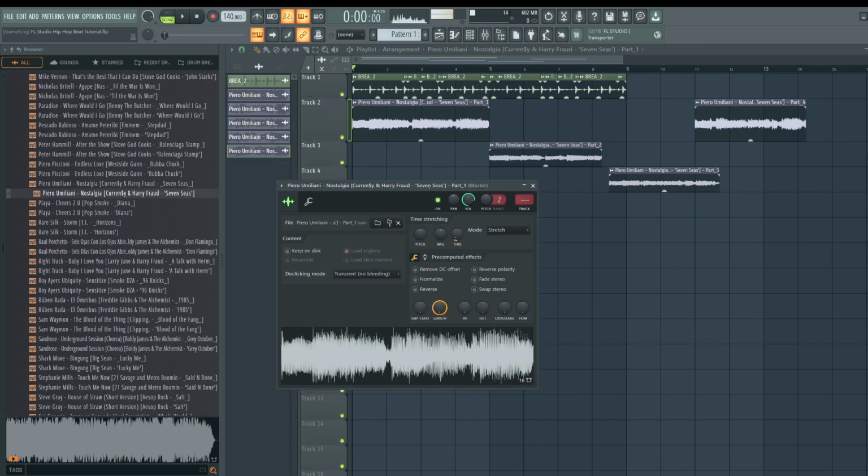Now I have to ask myself, does the sample feel slow or fast? Okay, it feels normal. If it feels too fast, like if I have it down here, then that's too fast. I need to double the length of the sample here. Now I'm at 140 BPM. I should technically be at 70, but I forgot we were at double time.